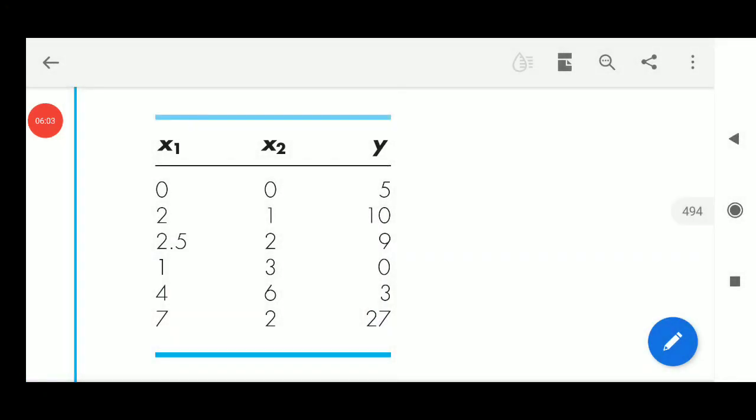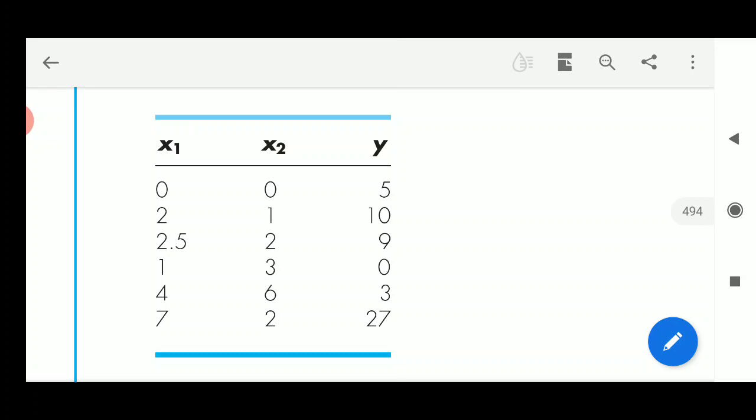Now let us see one simple example. For example, this is the data which is given to you. Now instead of one variable x, we have two variables x1, x2 and the output y. Y is somehow dependent on x1 and x2. We are supposed to find this relationship between y, x1 and x2. Okay. So we have to use multiple linear regression for this. So how will we solve this?